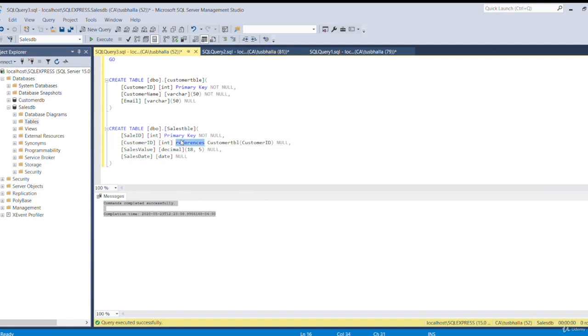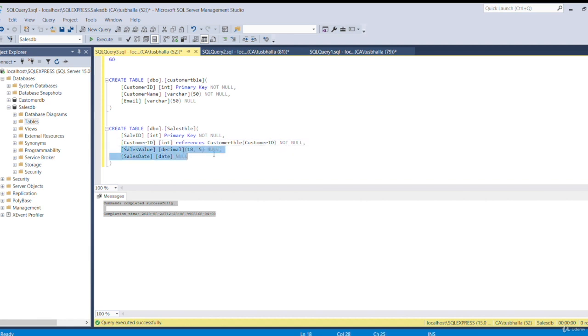So references means to reference another table and check whether this ID exists in the other table or not. The other table we want to refer this customer ID to is our customer table, and we will check the same column called customer ID. Here we will write not null,